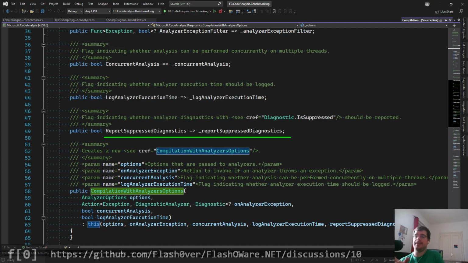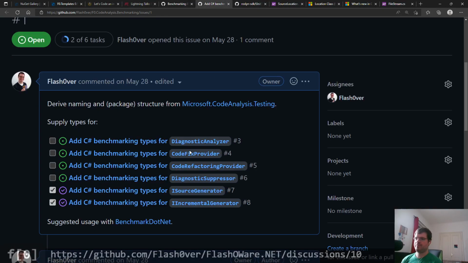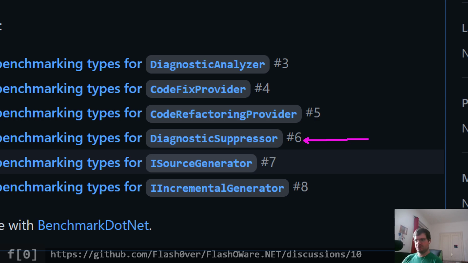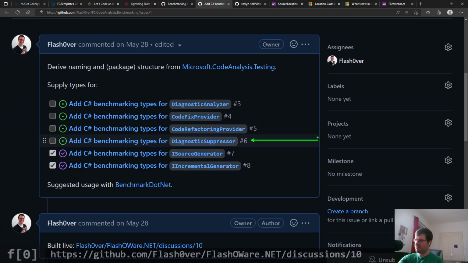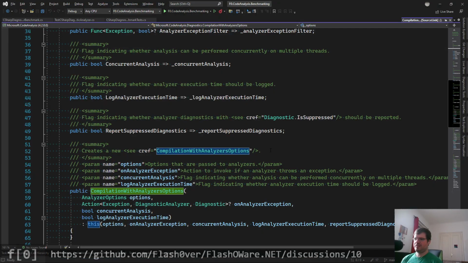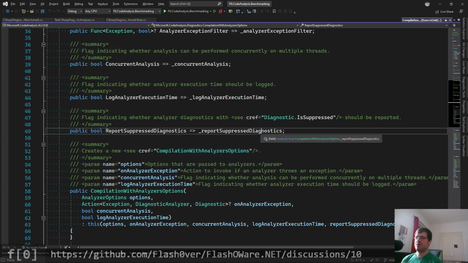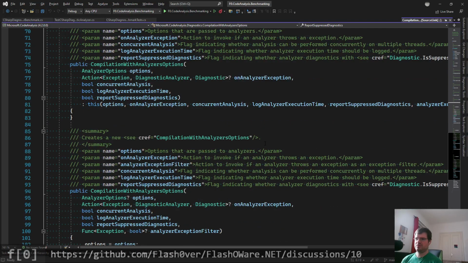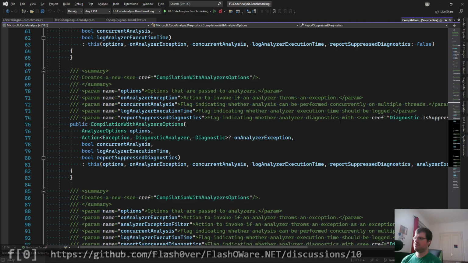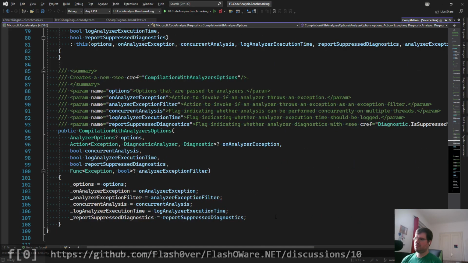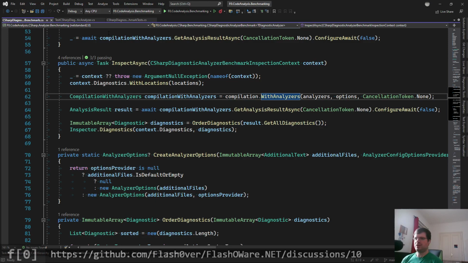This could be interesting for implementing diagnostic suppressors. Okay, so I hope I can remember this in like 5-6 streams, whatever that is, in like a month, maybe 2, that we potentially need to use this with report suppressed diagnostics, whatever the default is. Doesn't say here. Okay, so I will not do the optional part,